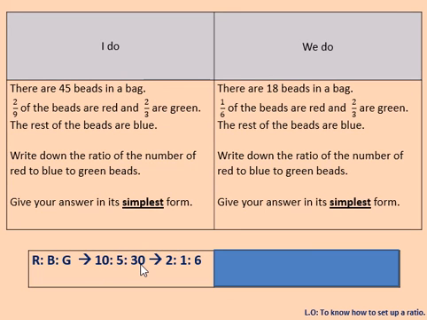Now we just need to simplify that because it asks for it in its simplest form. So we need to find the highest common factor of 10, 5 and 30, which is going to be 5. So how many 5s go into 10? 2. How many 5s go into 5? 1. How many 5s go into 30? 6. Okay, so copy that down, include in the question please, and then write down the we do and then